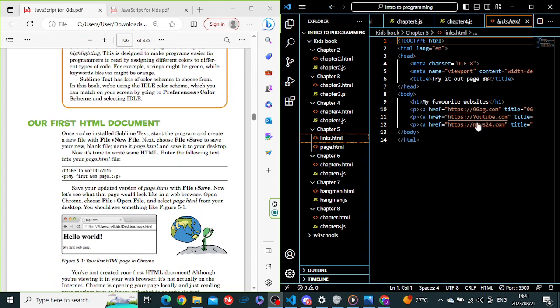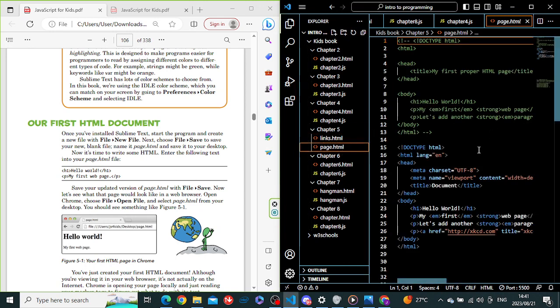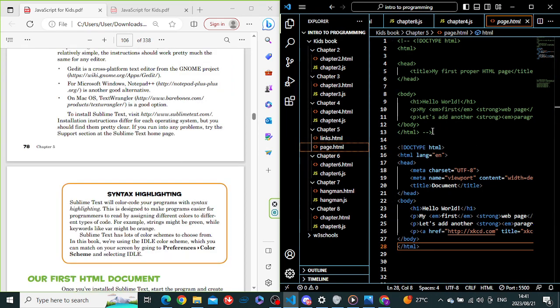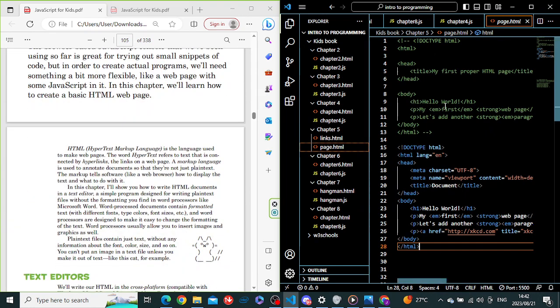So we created our first HTML document, and that's here. We've got links and the page itself. Hello world. Okay, so here you can either just press exclamation mark and it will type out all of this information, but this information at the top tells us that this is an HTML document, doctype HTML, and then we've got the head, my first proper HTML page, and that's listed as a title within the head, and our body over here,